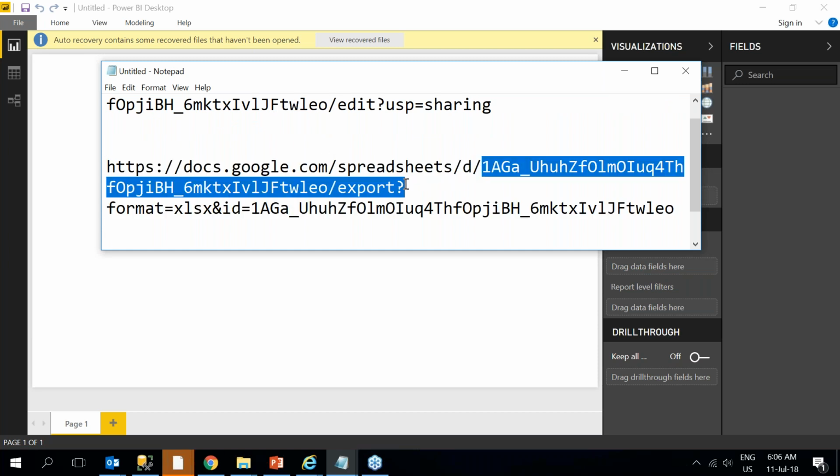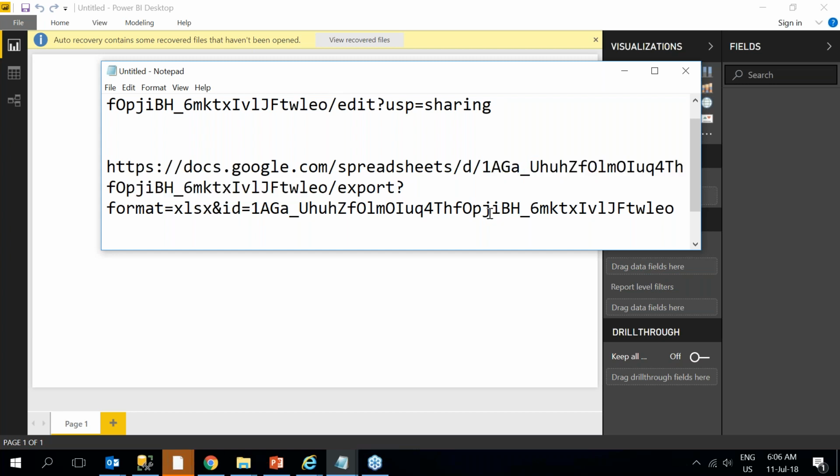This is the Google form GUID. So this is what I have changed. The ending is edit?usp=sharing. That I have changed to export?format=xlsx&id=, and I copied the same ID. So this, if I copy,